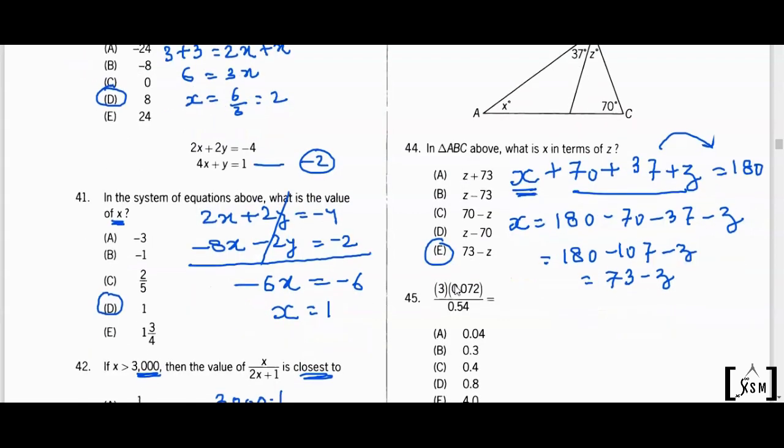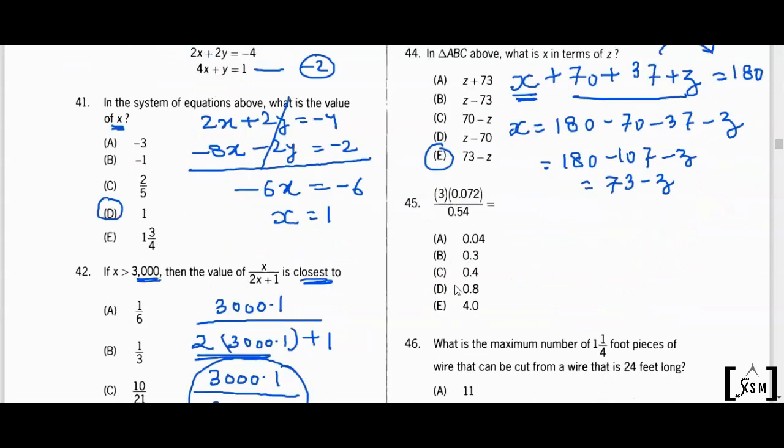Try number 45. In this question, we have a basic calculation. In the numerator, after decimal, we have 3 digits. And in the denominator, after decimal, we have 2 digits. So my effort is, after decimal, the number of digits should be same. That's very important concept. So after 5, 4, I can always put 1 0 extra. There is no harm. Okay. After 5, 4, we can always put 1 0. Okay. So now I can cancel the decimal from both the numbers.